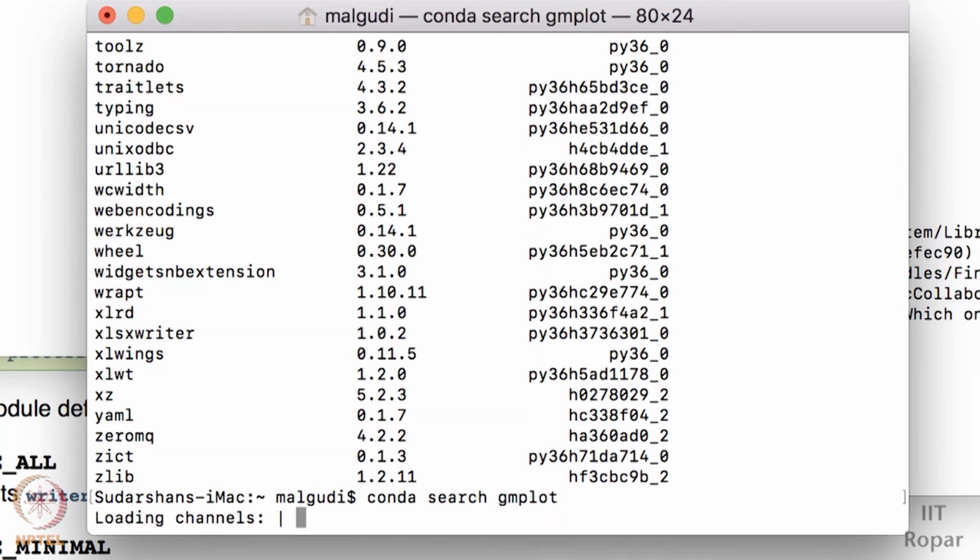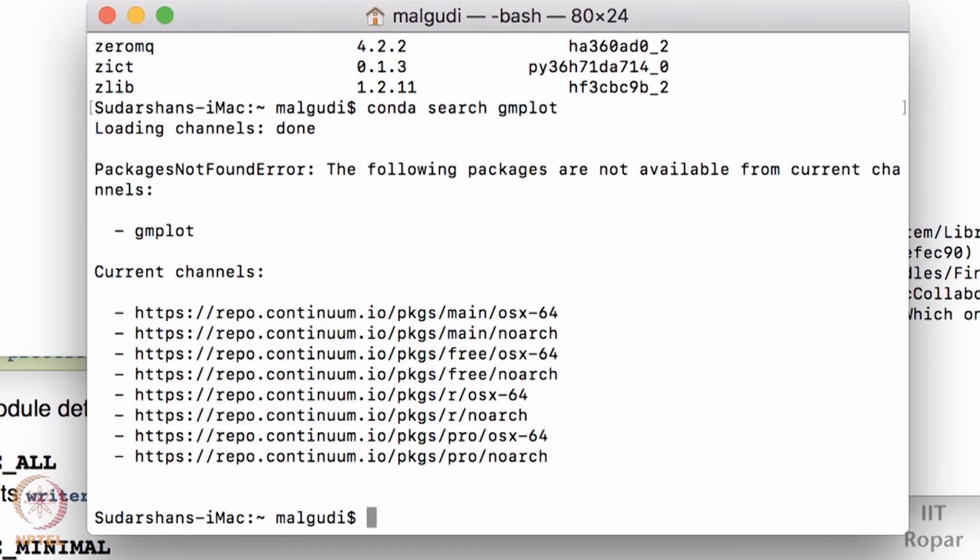Now it will search for gmplot in its cloud, whether it is present in any of its channels. If it is present, then it will download. It might happen that the library we are looking for will not be present. You can see that a package not found error has been thrown from conda, meaning this library is not present in any of these channels. In that case, you can download the package through pip.